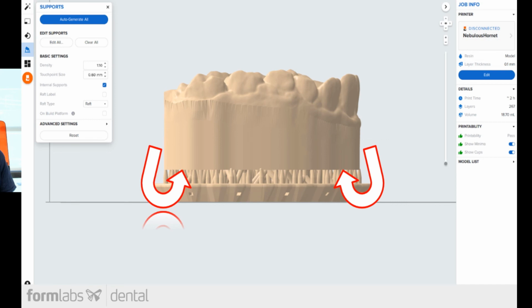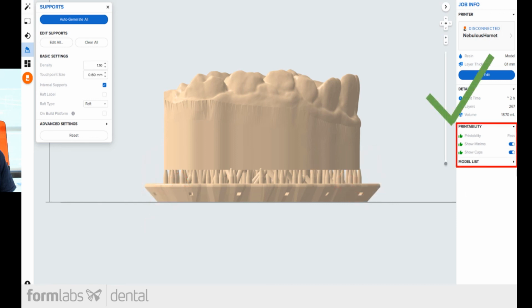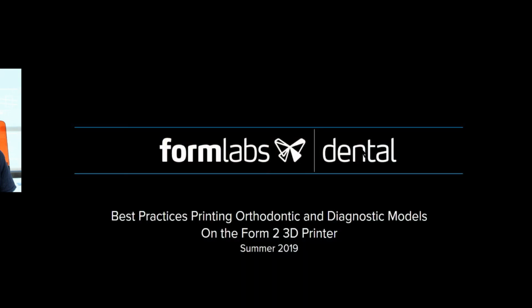So at this point, just assume cupping is a problem. And there's also another technique to solve cupping, but I'll probably show that in another video in a detailed sort of overview on cupping and how to prevent it. But just add a raft, really simple, done. And as you can see here on the printability dialog on the right, everything is now thumbs up and we're good to go. So that is best practices for printing orthodontic and diagnostic models on the Form 2 printer and